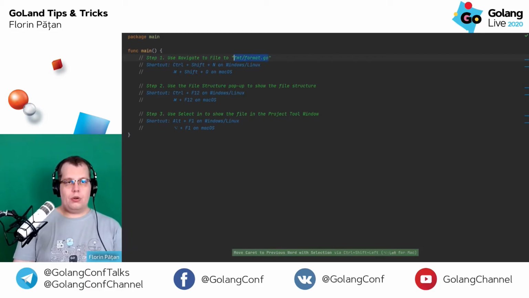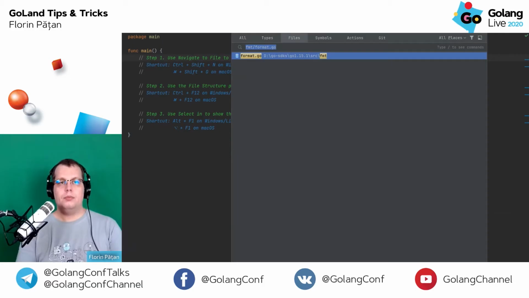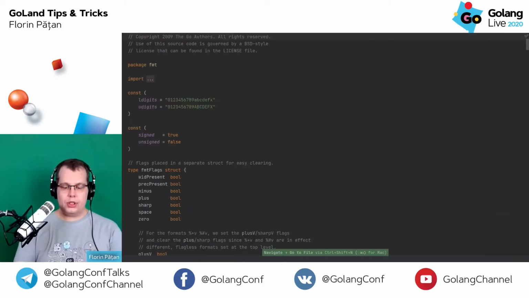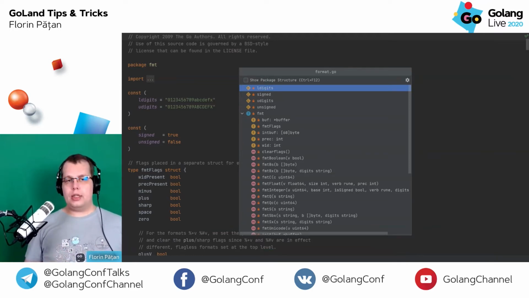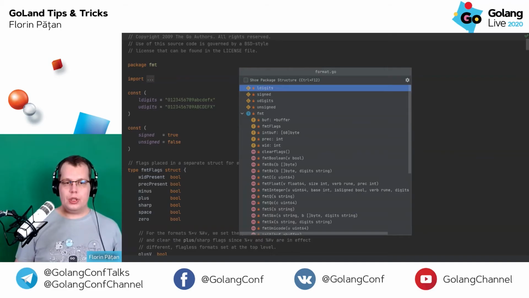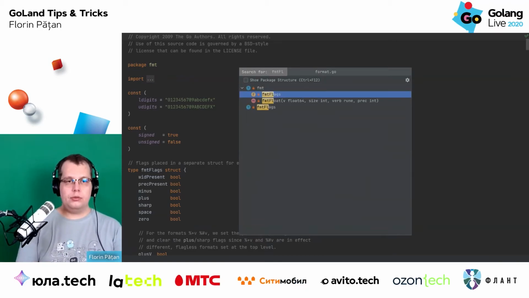Let's go back here to our FMT file. First I want to show you the file structure, which is invoked using the shortcut. That shows you all the identifiers that are defined in the file. You can go to any of them, so for example, FMT, I don't know, float